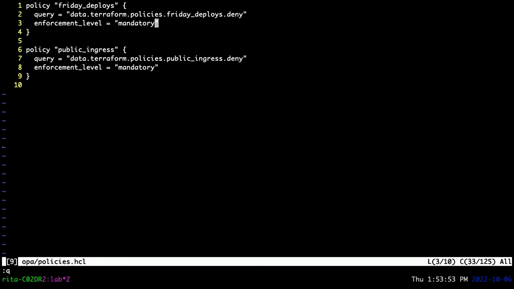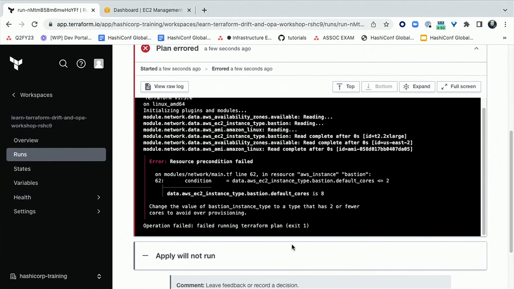Alongside the query, I also have the enforcement level, and I'll go over this in a little more detail when we jump to the UI. But for these 2 policies, I'm setting a mandatory enforcement mode, which means if there's a failure, users should not be able to provision any infrastructure that violates the policy. So going to the UI,